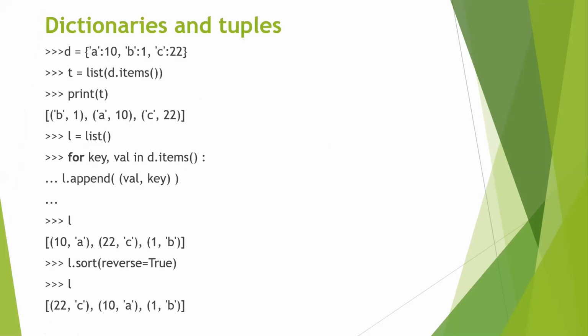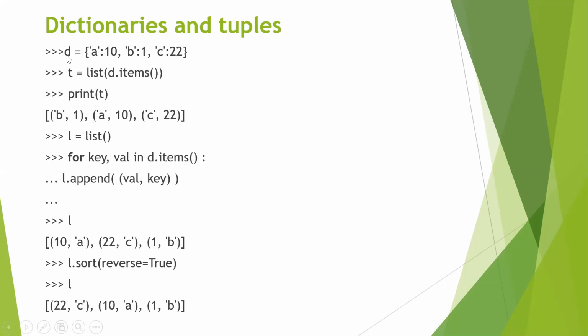Now, let us see how we use dictionaries and tuples. In the previous session, we had discussed dictionaries. So we know that dictionaries are a collection of keys and values. It is a collection of elements consisting of keys and values. So over here, I have a dictionary called d, which consists of 3 elements. Each element has a key. So the key over here is a and the value assigned to it is 10. We have discussed this already.